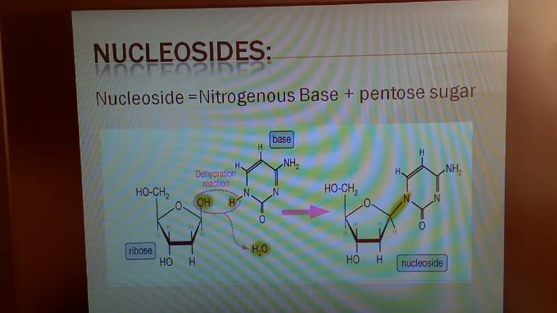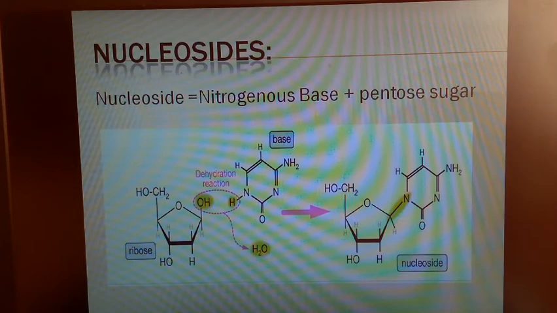The numbers there are important. That is the first position. This is the first carbon of the pentose sugar. You can see this is the nucleoside. The first carbon of the pentose sugar is bonded with the first nitrogen of the pyrimidine. This is the nitrogen we can observe. So this is the first nitrogen, and the second is C double bond O. I hope you remember this, as we have just discussed it. So this is the structure, it has been given there.